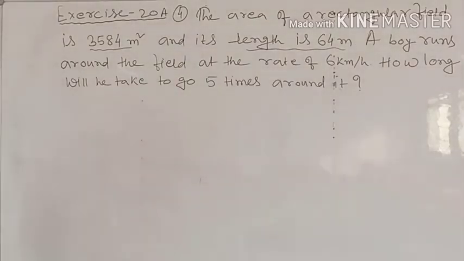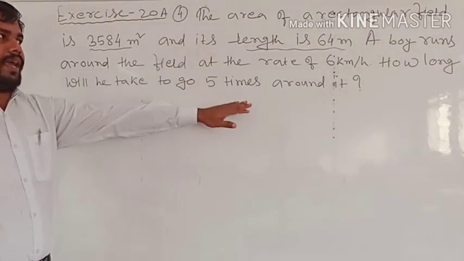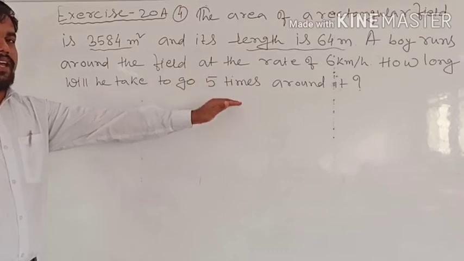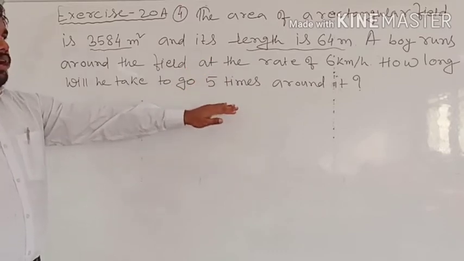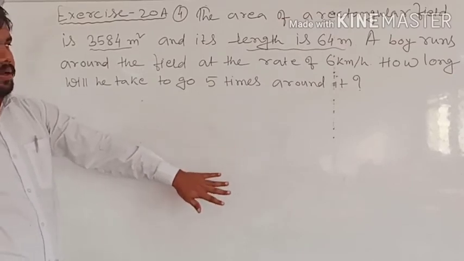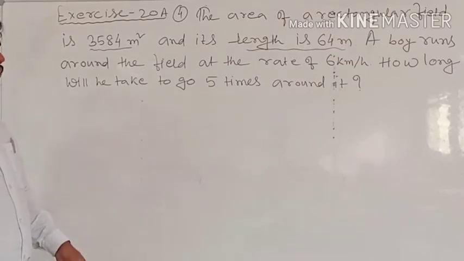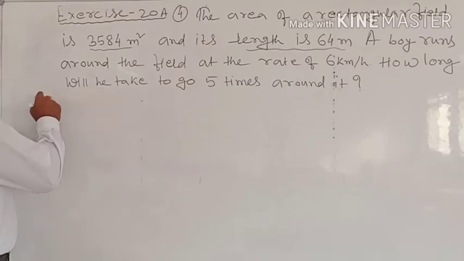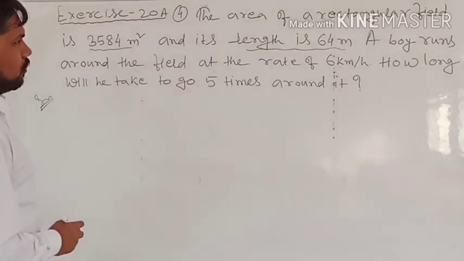First, let's see the area of a rectangular field is given and its length is given. So most important thing, you have to find the breadth. So we have learned how to find the breadth by dividing the area by length. अगर length निकालना है, breadth दिया हुआ है, so we will divide area by breadth. और अगर length दिया हुआ है तो we will divide by length, to find out the alternate terms. So here the most important thing is to first find out the breadth of the rectangle.